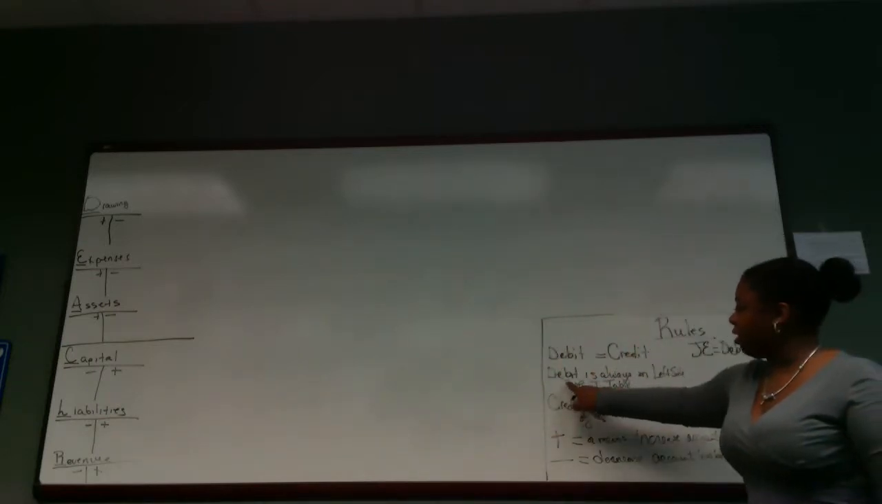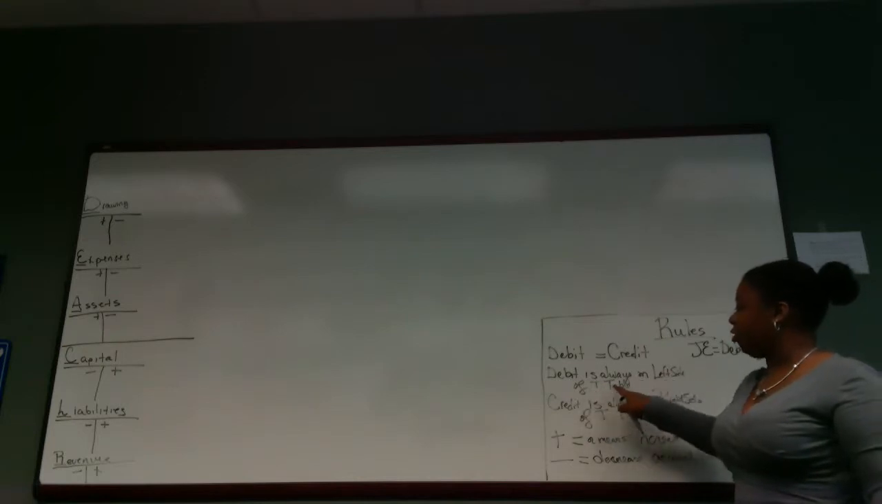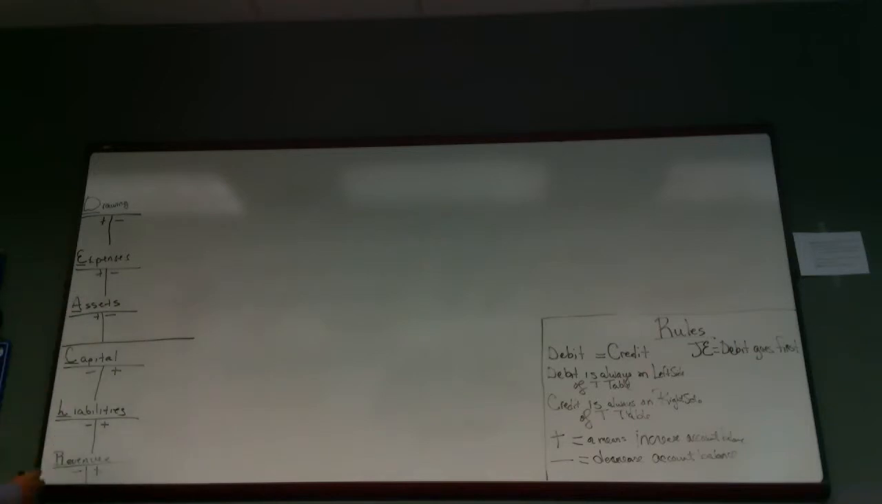One of the rules said that debit is always on the left-hand side of the T table. So this is the left-hand side. So this is a D for debit. D for debit. D for debit. D for debit. D for debit. Okay? So notice that these three are increases to the debit side, and these three are decreases to the debit